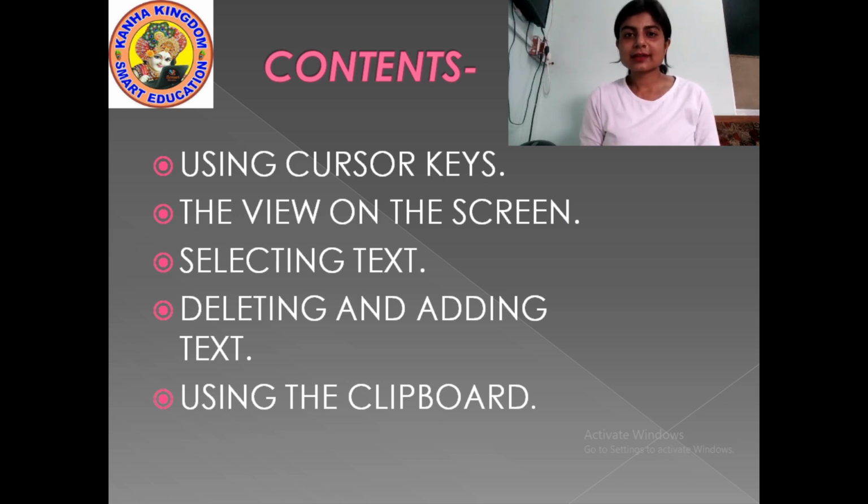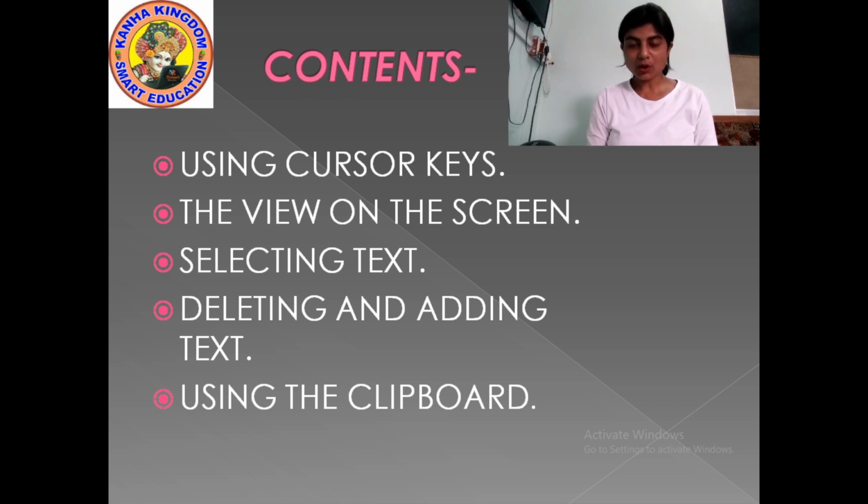So students, in this next part of this topic, we will learn about the use of cursor keys. Then we will learn how to view the document on the screen as per your requirement.